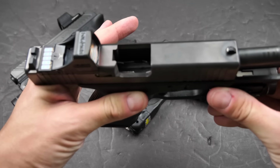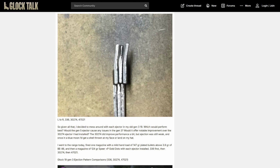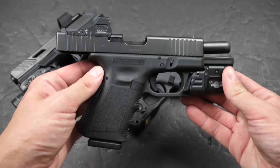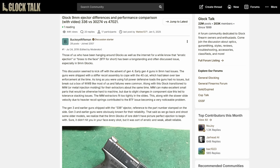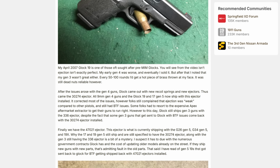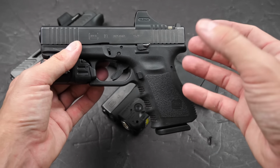to install a Gen 5 ejector. The ejector on the Glocks has been updated a couple times over the years. The Gen 4 had a slightly reprofiled one, and the Gen 5 has a substantially different ejector style. And there's no reason that you couldn't put the Gen 4 or Gen 5 ejector into a Gen 3 Glock. The only reason Glock themselves haven't done it is probably because they don't want to risk their roster status in California. So I finally went ahead and picked up a Gen 5 rear trigger housing and then harvested the